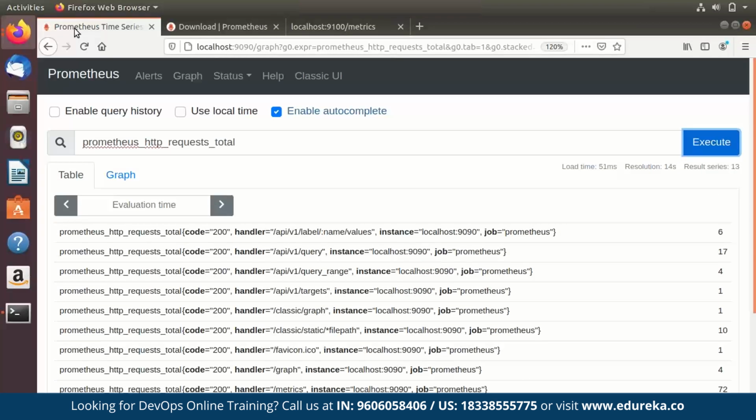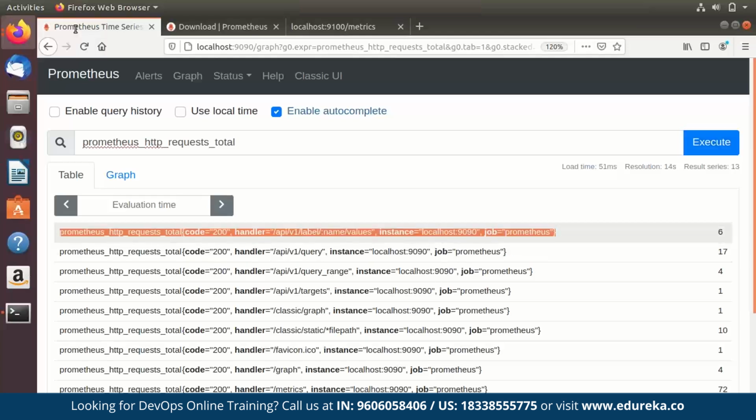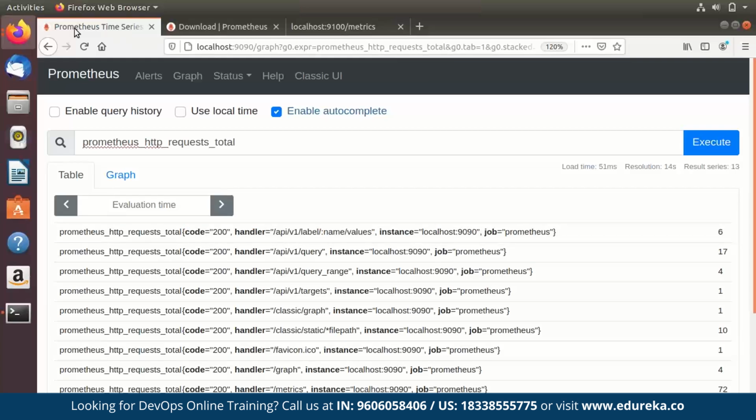Now you can see that labels serve to differentiate subdimensions of a metric, such as the handler, the code, the instance, the job that it's currently running on. Finally, a sequence of samples forms the actual data for a series. Each sample consists of a timestamp and a value, where timestamps have millisecond precision, and values are always 64-bit floating point values. The best part of Prometheus queries is that you can add regular expressions, you can specify a certain time limit, and you can also use different functions. We'll see all of this.